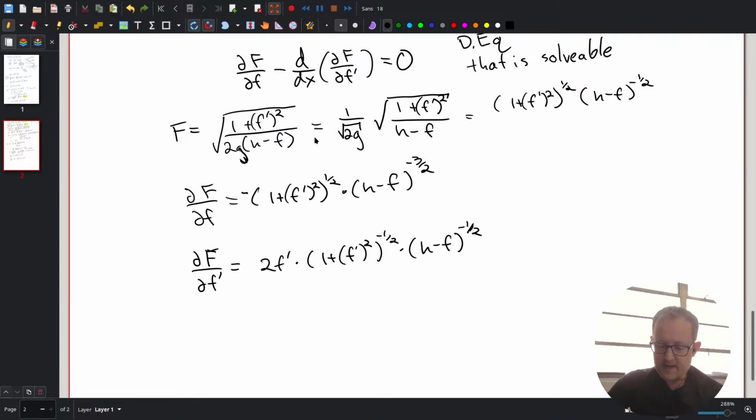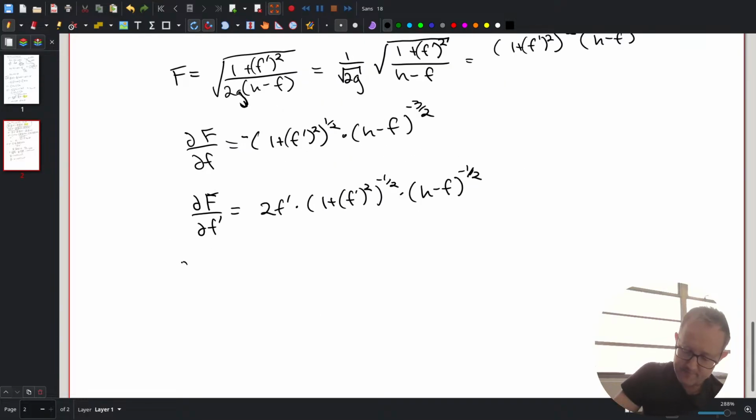Then the hard part is getting the d/dx there: the d/dx of this dF/df prime